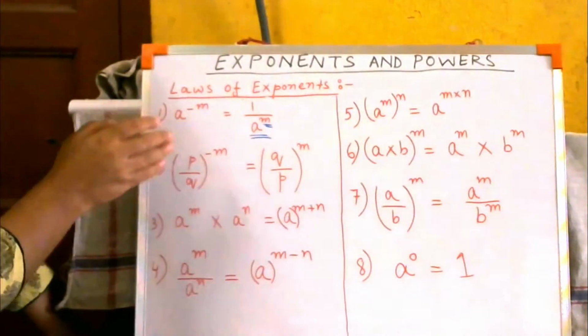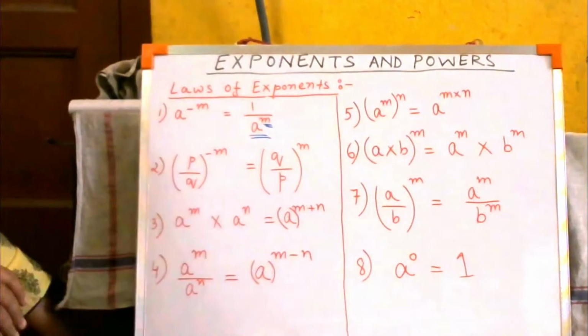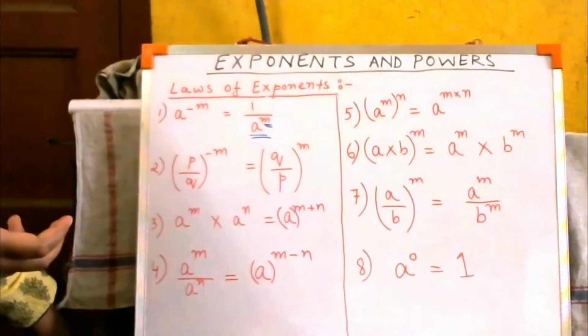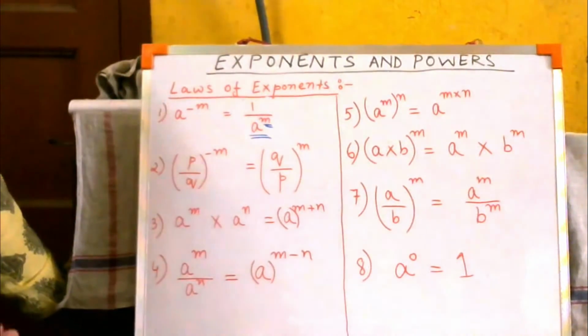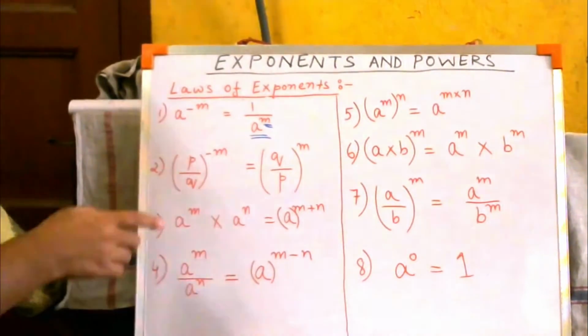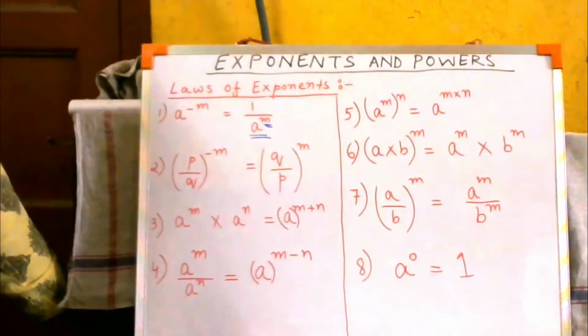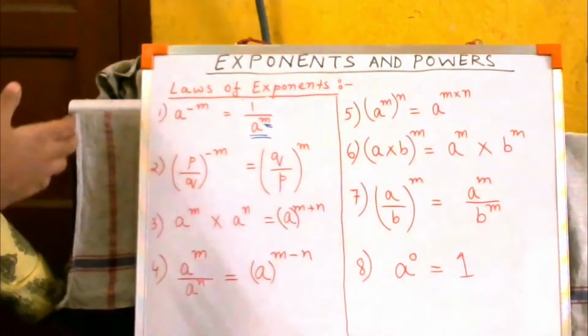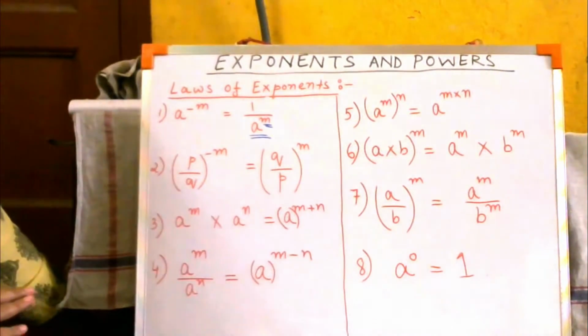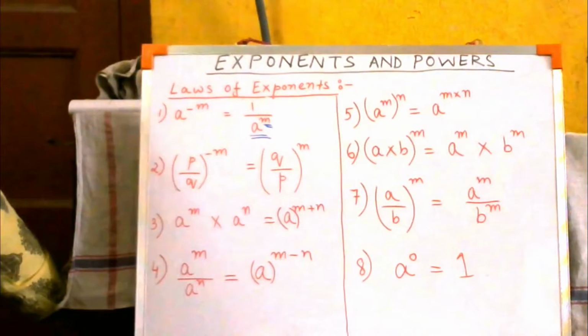Okay, these are kind of formulas. There is nothing to justify why this is so. There is no justification in a formula. Just learn up these formulas. These are laws or formulas, whatever you people understand better, you have to learn these. That's it, that's all. You have to just learn these 8 laws, and then only you will be able to solve any kind of sums that we are going to do.